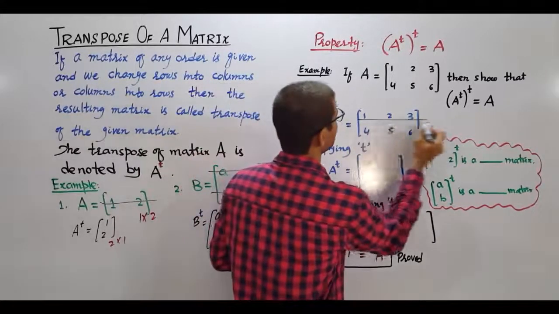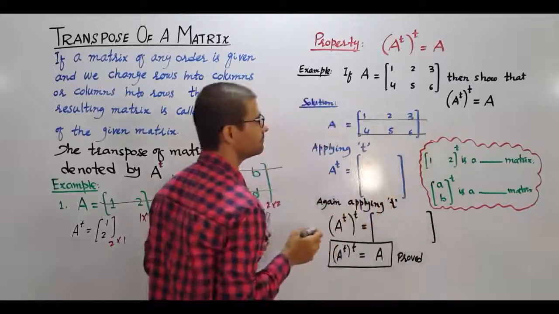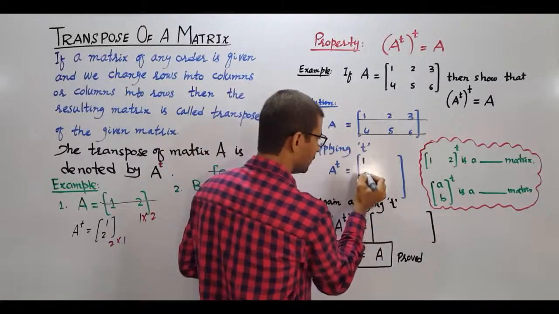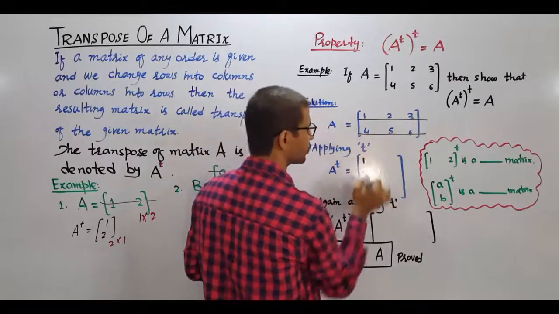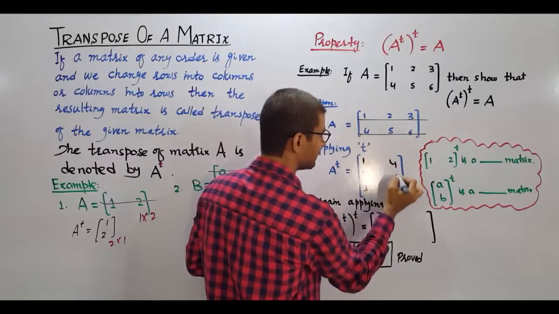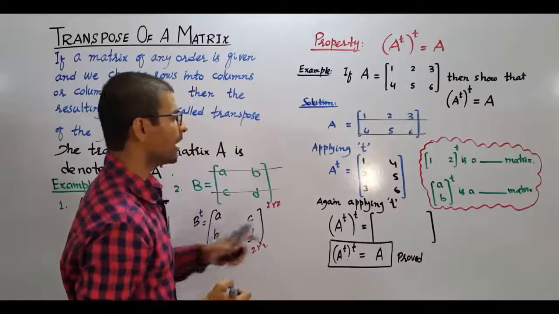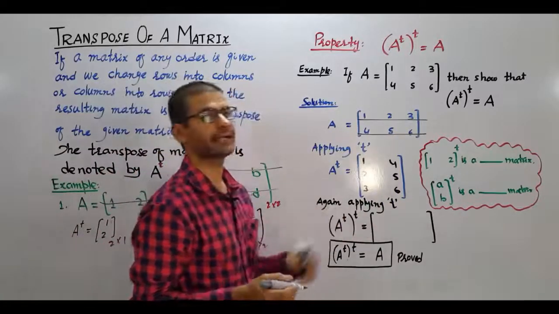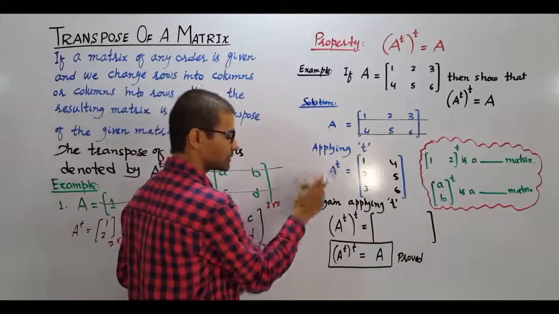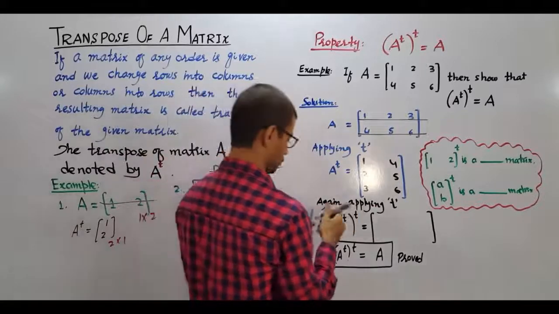This matrix has 2 rows, it will become columns. 1, 2, 3 is the first row, which becomes the first column; 4, 5, 6 is the second row, which becomes the second column. Again applying transpose: A transpose to the whole transpose is equal to...